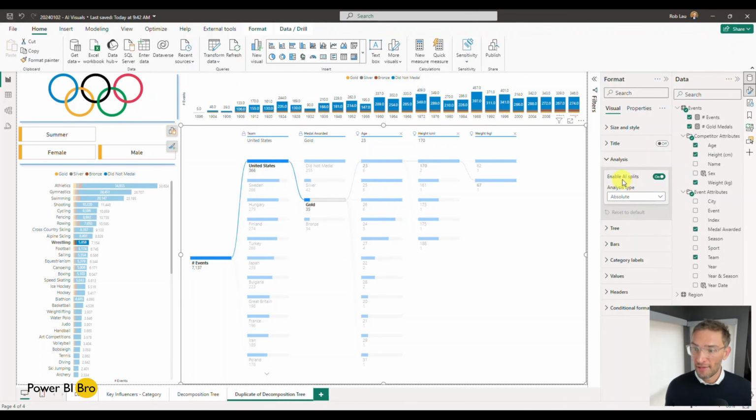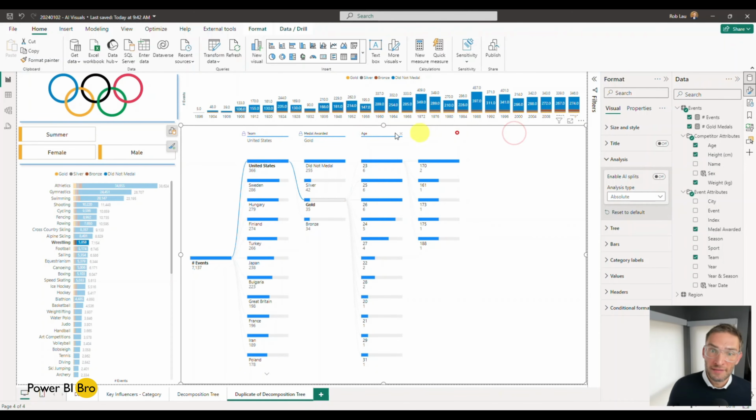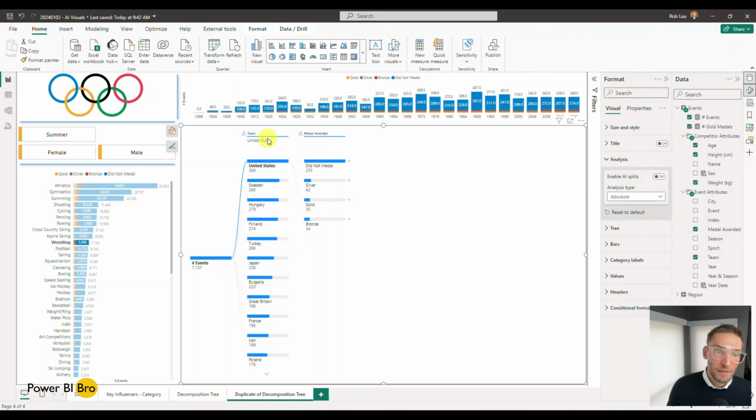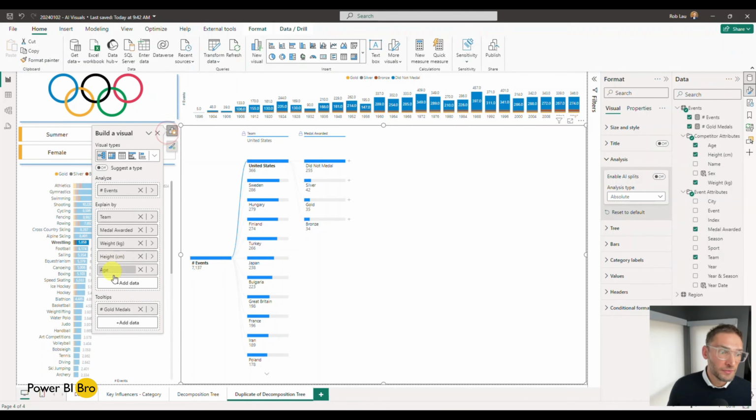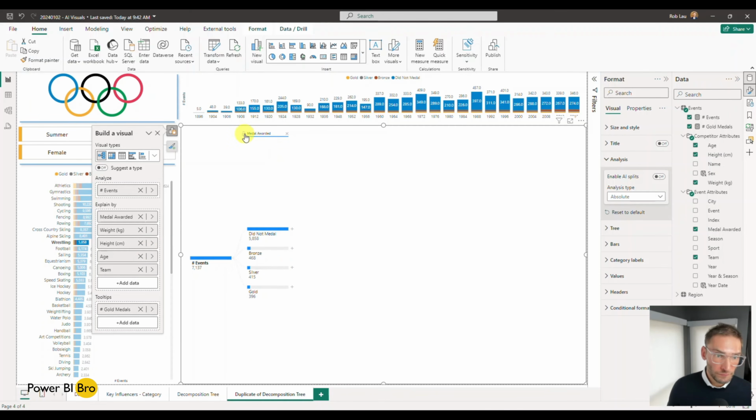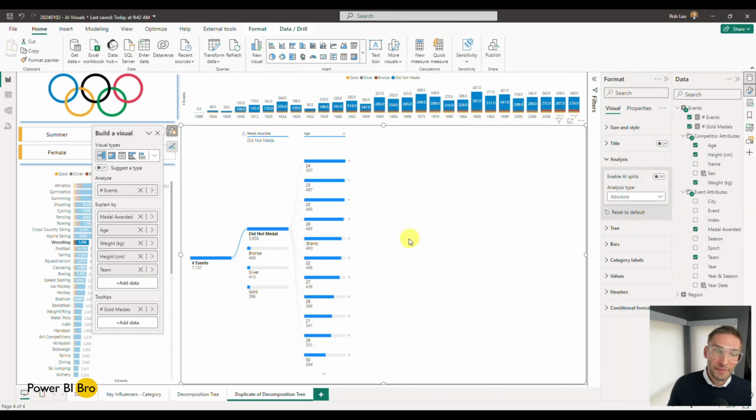So always make sure that enable AI splits is on. If it's off and you take these away, I'm actually going to redo this because I just like having the metal awarded first. I just think it makes so much more sense. So if we have this set without AI splits enabled, someone clicks plus, they don't have the option to say, pick which one could be most important next. So that's why it's very valuable to have that. So we picked age,